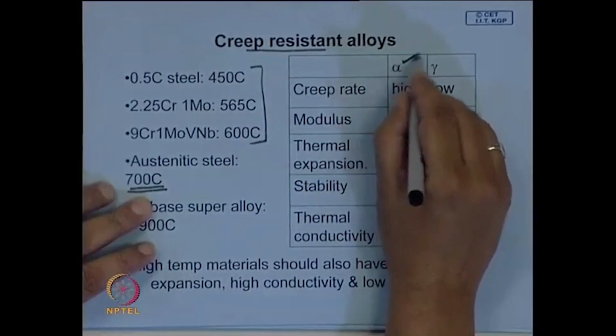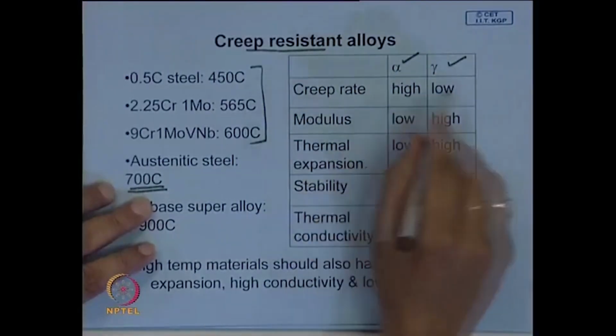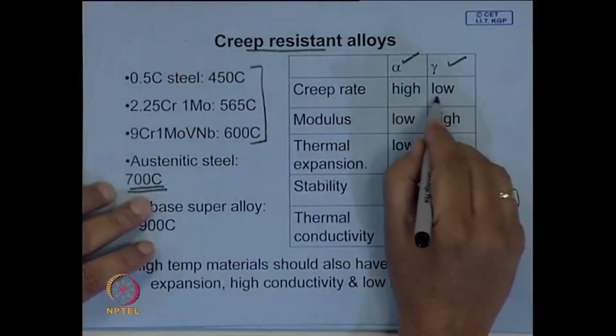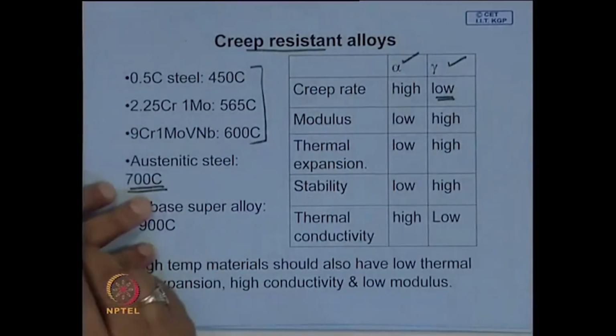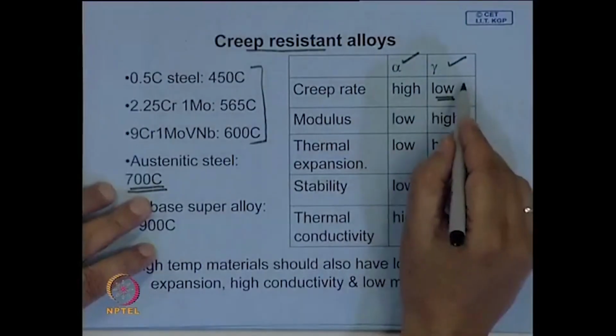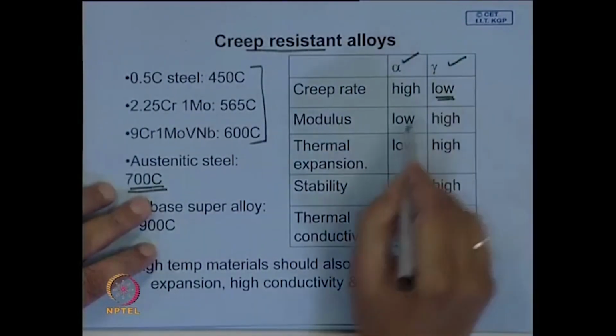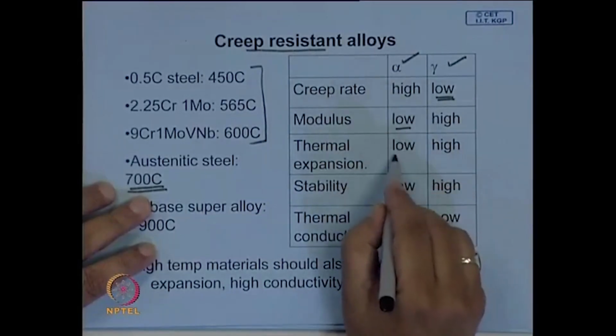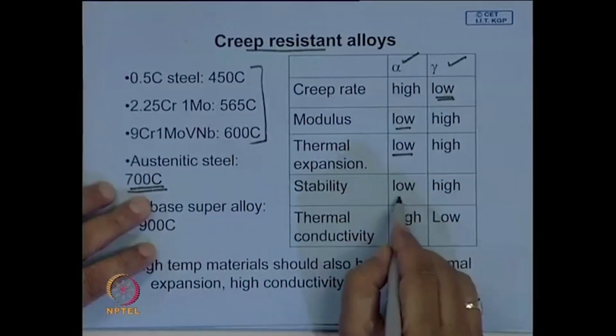This is ferritic steel, this is austenitic steel. Of course, one criterion is that you must have a low creep rate. A close packed structure gives a lower creep rate, so here austenitic steel is preferred. But you also want to have low modulus, low thermal coefficient of expansion,